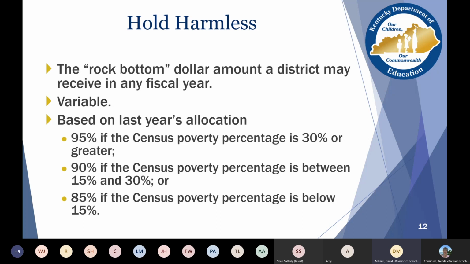But it is worth having a conversation if you see maybe your poverty drop 50% from one year to the next. That could be a red flag for you. So we always issue that, encourage you to review those numbers, and then ask questions as needed.